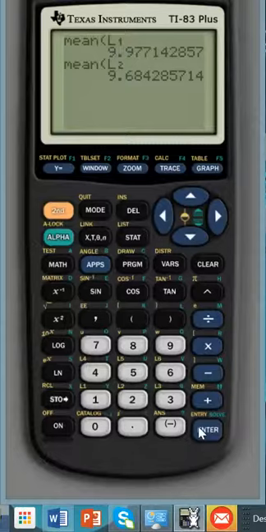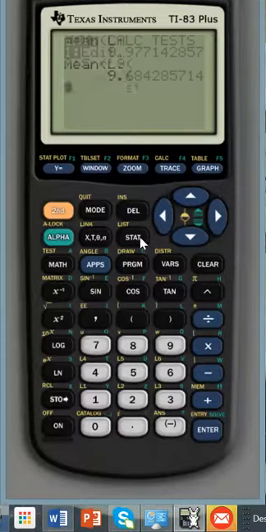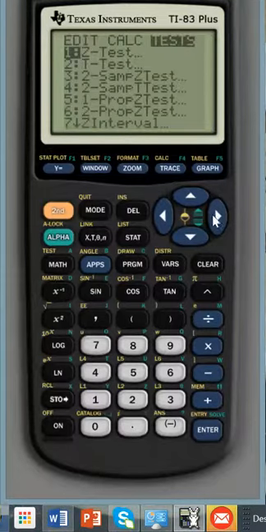So the question is, are they really different or not? Well, they seem different, right? They have different means, but the data is really spread out too. So what we're going to do is do a t-test, and what you're going to do is hit stat, and you're going to go to test, and you're going to do something called